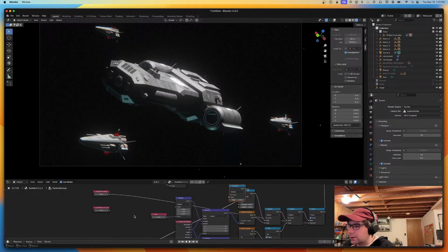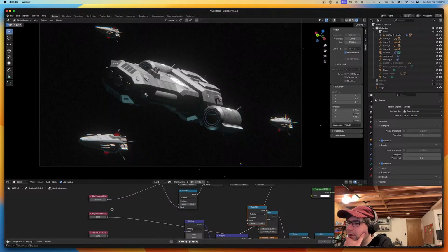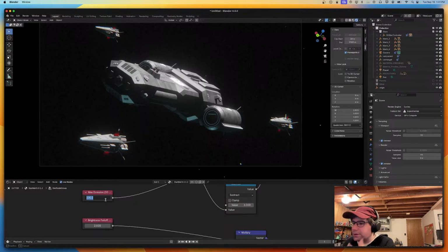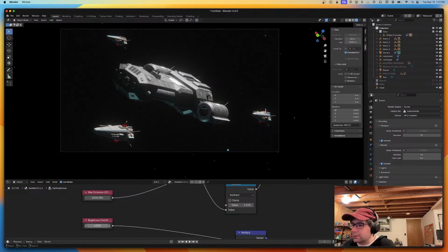So this star size thing, it lets the stars stay the same size under different view stuff. Oh, max emission. See, we want to bump this up to like 1,000. And probably, let's see here, 10 to 1. Yeah, we want that to be like 1,000. And then we want the brightness fall off to be